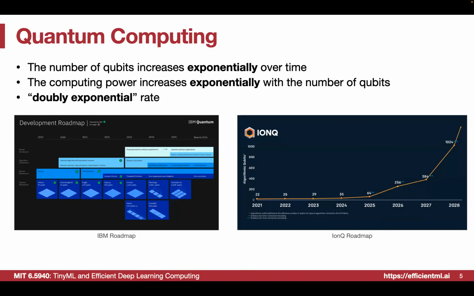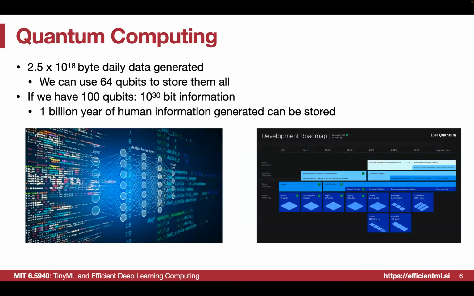We know that there is a widening gap between the data and the available computing power in all these computer systems. Each day we generate about 2.5 quintillion bytes of data, which is 2.5 times 10 to the power of 18. However, that large amount of information can be stored by just 64 qubits. So it's a really efficient and really small number of qubits. We already had 64 qubits 3 years ago, and if you have access, you may log into IBM's quantum cloud and access a quantum machine with 127 qubits.